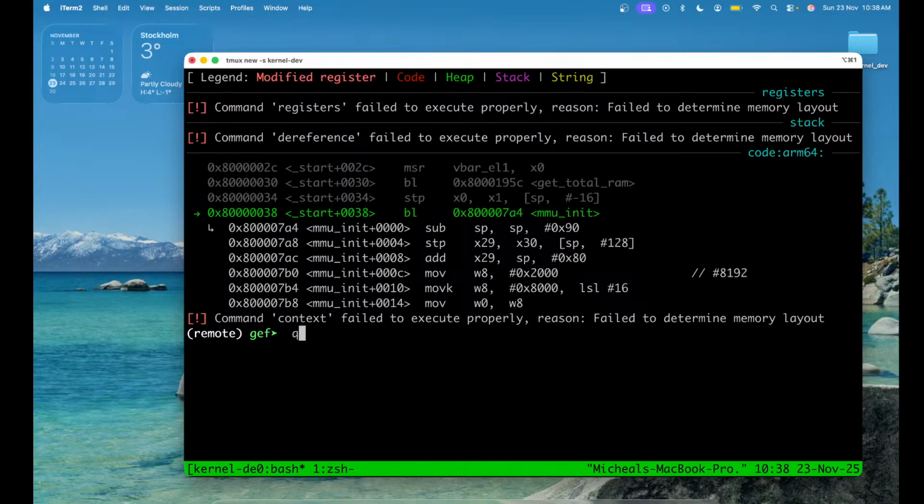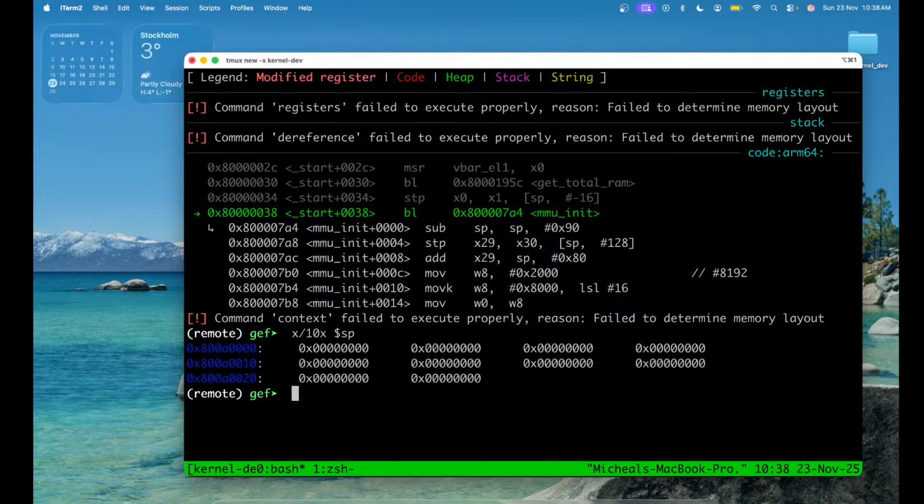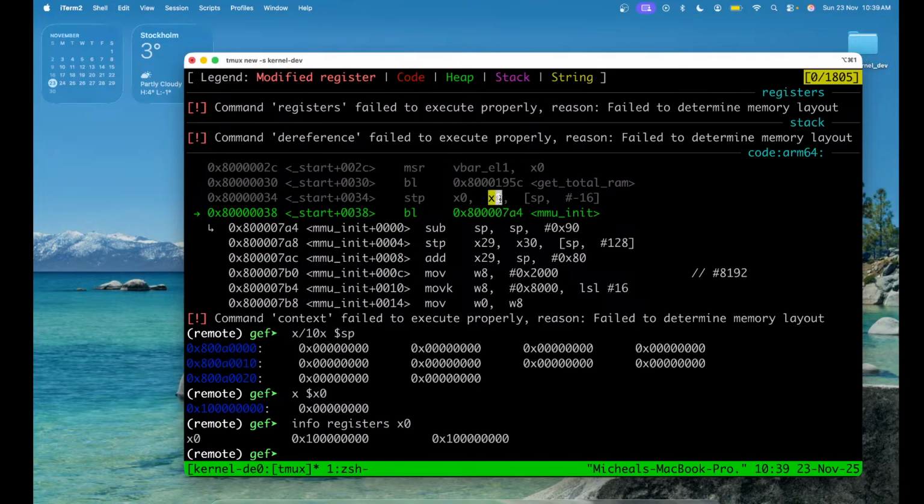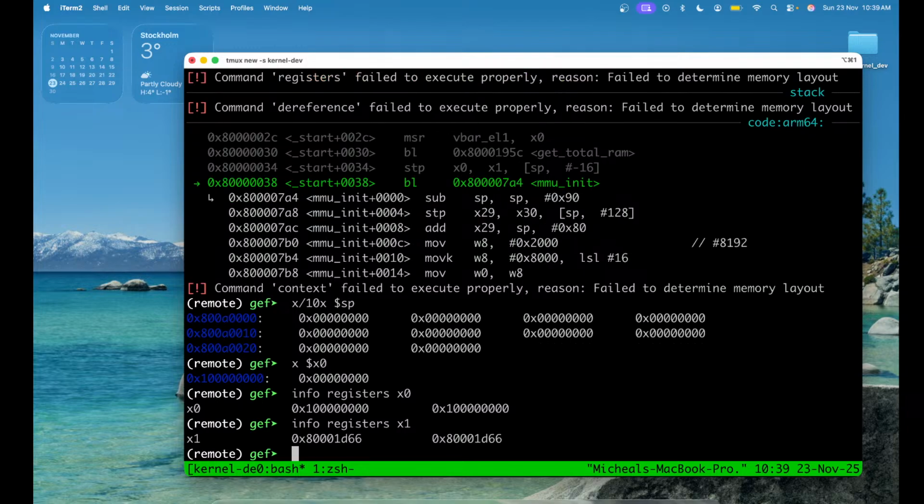Now if we invoke this, why? What? X0 has the value, and x1, what does x1 have? X1 has some random value,